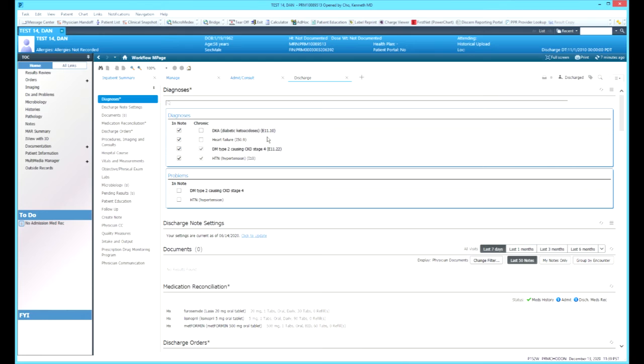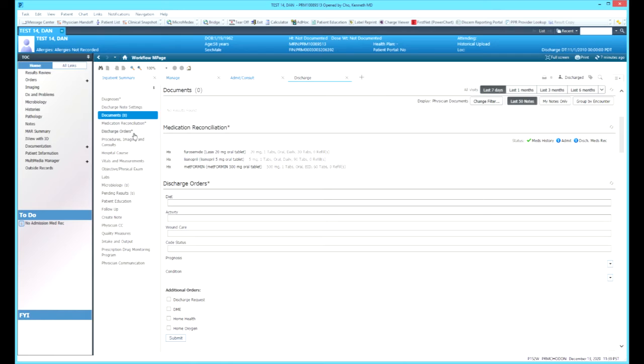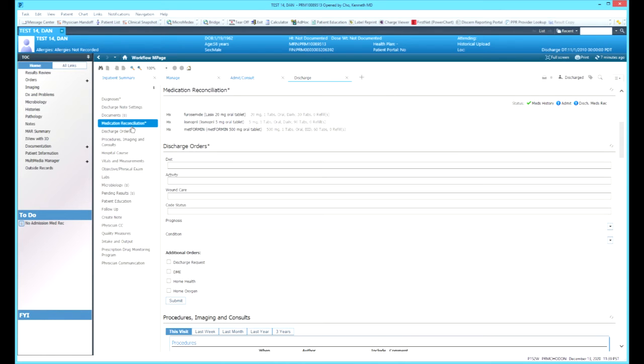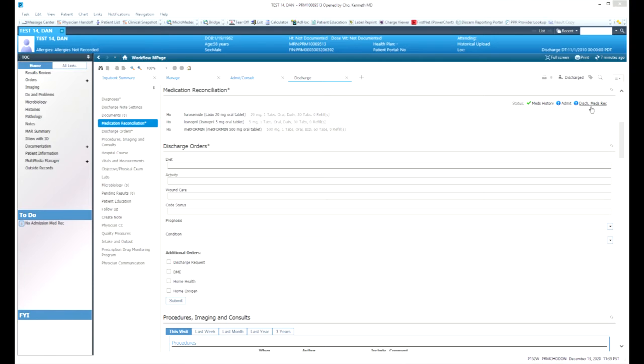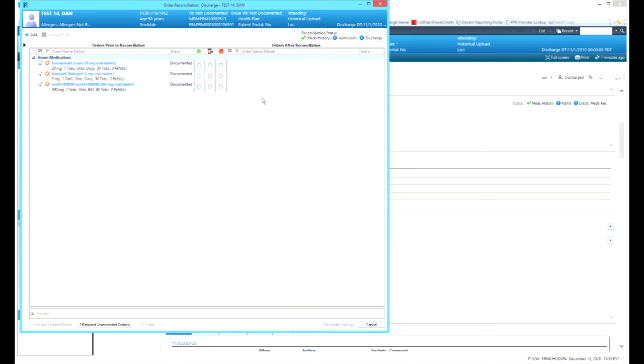Anyway, in this view, diagnoses are all the problems that you dealt with for the patient during the hospitalization, and problems are the chronic medical problems. So once you review that, you can review the documents, and then you go to medication reconciliation. Here you have a tab on the right side, the link for MedRec. Click on that. This is the same as Antelope Valley